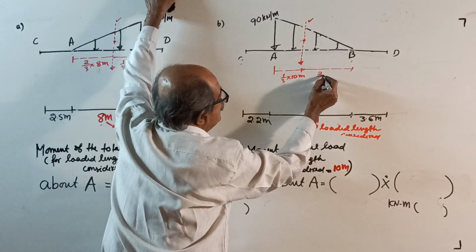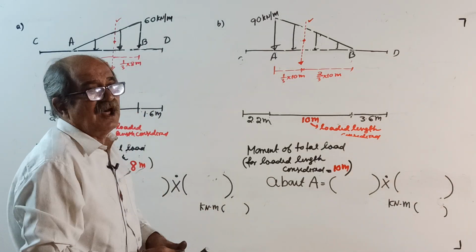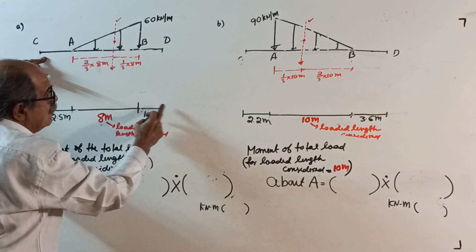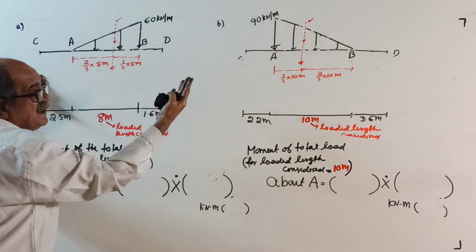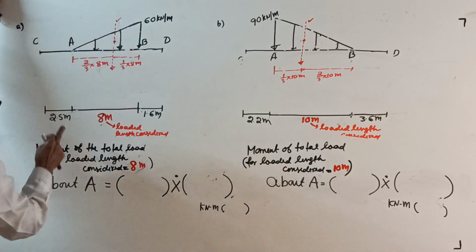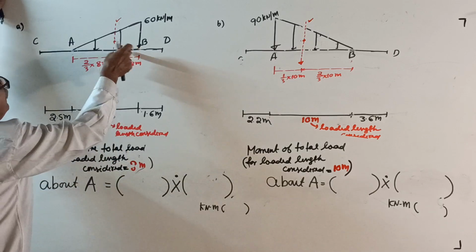This is 2 by 3 of 10 meter. This much you write. Okay, now start. Once again write 2.5, 8 meter, 1.6 meter. This space is wasted now. Okay, start. Now systematically. Moment of the total load for a loaded length considered of 8 meter, that is entire